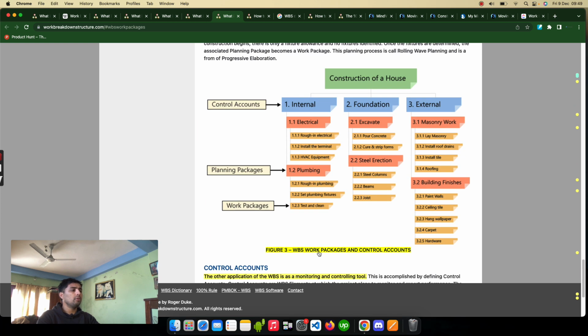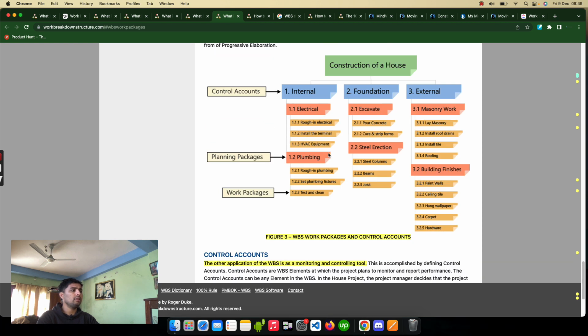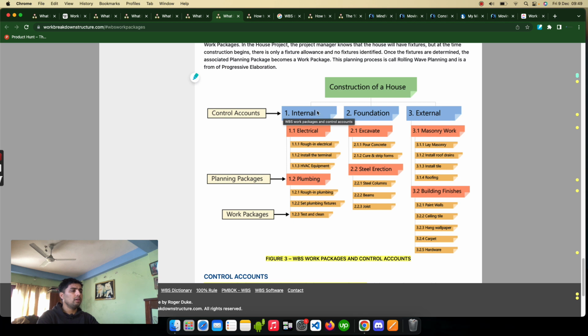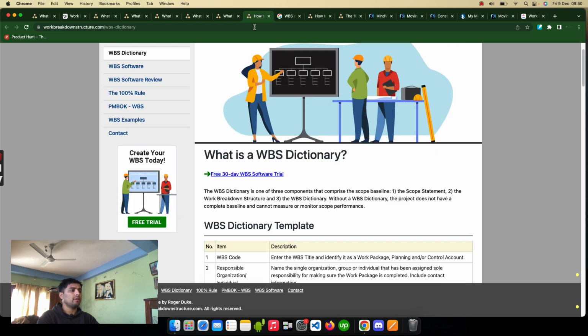So WBS work packages and control accounts are shown in this way, and these are the controlling tools. For example, the internal might have a different manager, foundation might have a different manager, external might have a different manager, and in that also the electrical planning package might have a different manager, plumbing might have a different manager or supervisor. In this way, our work is divided in a larger setting. Okay,